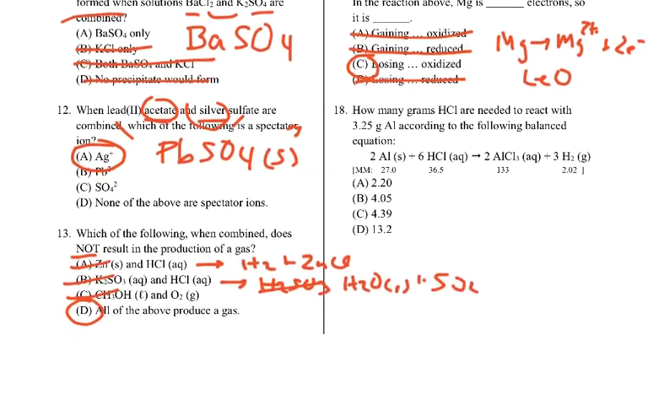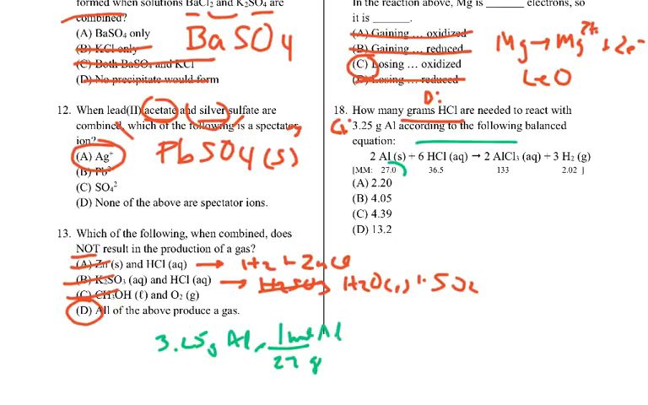Okay, for number 18, we say, how many grams of HCl are needed to react with 3.25 grams of aluminum according to the balanced equation? Well, this is going to be a stoichiometry problem. So here's our given, and we're looking for grams of HCl. That's our desired. So I'm going to need some room. I'm going to change colors. And so I'm going to start off with 3.25 grams of aluminum. And I know that aluminum has a value of 27 grams per mole